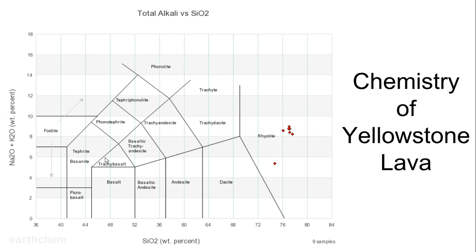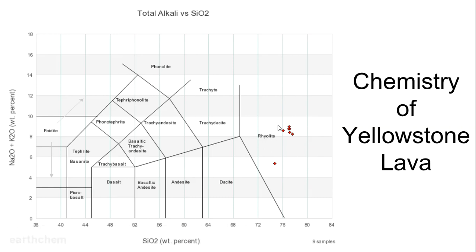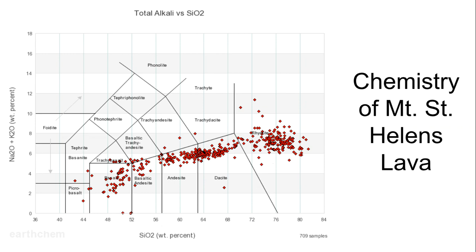If we move over to Yellowstone, I only have a few samples here. You'll notice they're mostly rhyolite. So Yellowstone is continental, which means that the continental crust, lithosphere, which is granite primarily, is going to have a significant effect on the chemistry of the magma. And then you look at Mount St. Helens, and it runs the whole gamut. It's not very mafic; it's more andesitic, but you do have a significant rhyolite component. So Mount St. Helens is going to be a very explosive eruptor when it erupts.